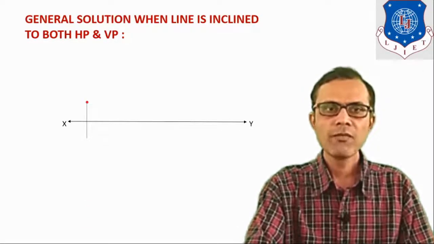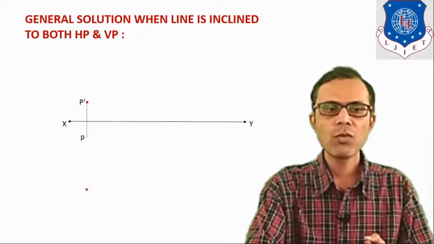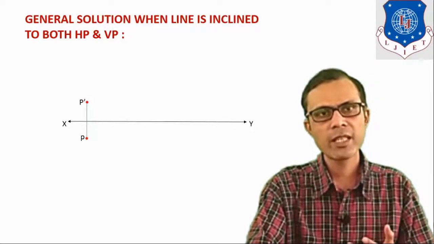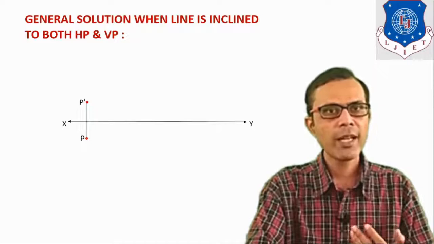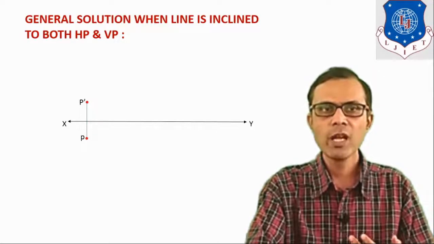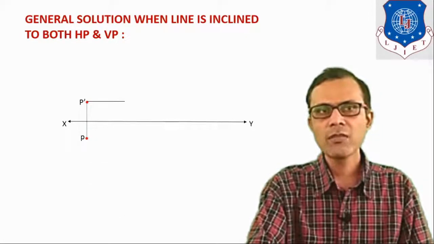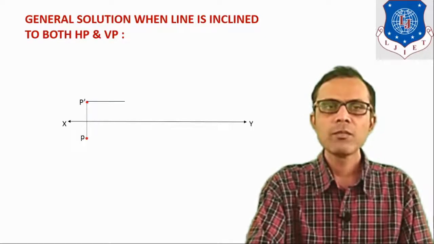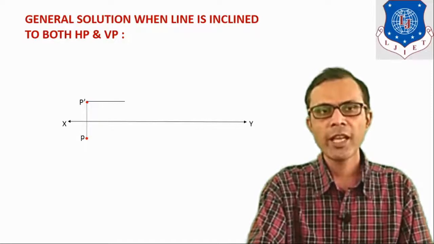So here, first of all, draw the XY reference line and then draw the projector. On the projector line, we have to locate the given position of end P. Whatever distance is given in the example, that distance we have to consider to locate P dash and P, to locate the front view and top view of one end of the line. Now, as we have seen in the earlier example, theta is the angle which the front view always makes with HP in its true length.